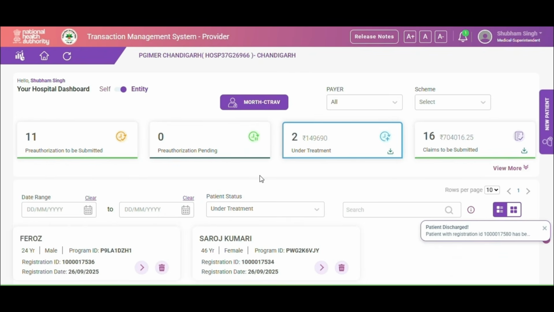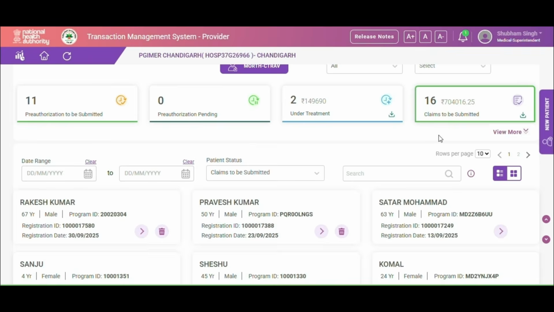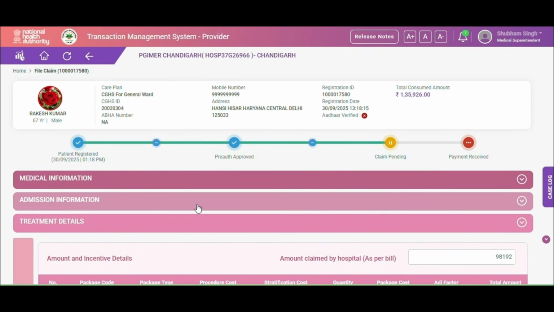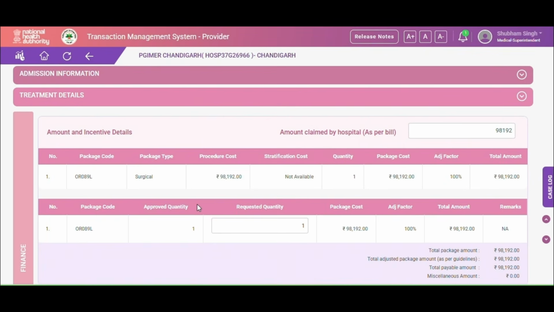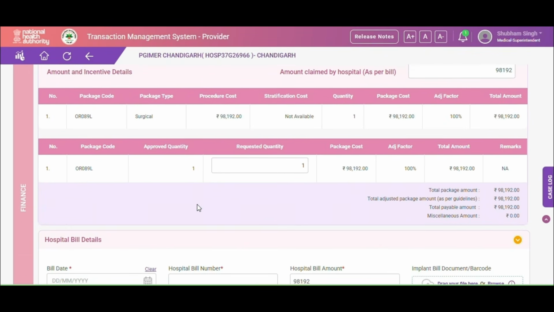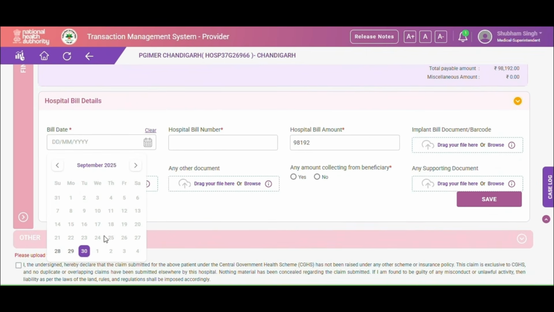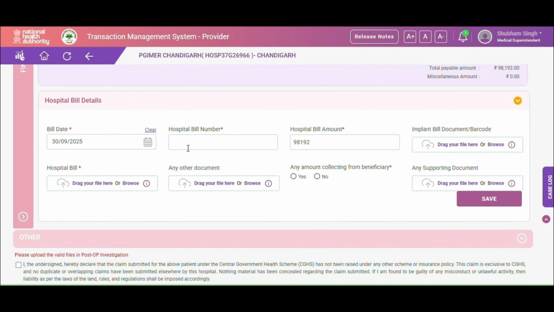We can now click on the claims to be submitted button. Click on the patient. We can add the hospital billing details here, starting from the billing date, hospital bill number, hospital bill amount, implant bill documentation in case it is applicable,